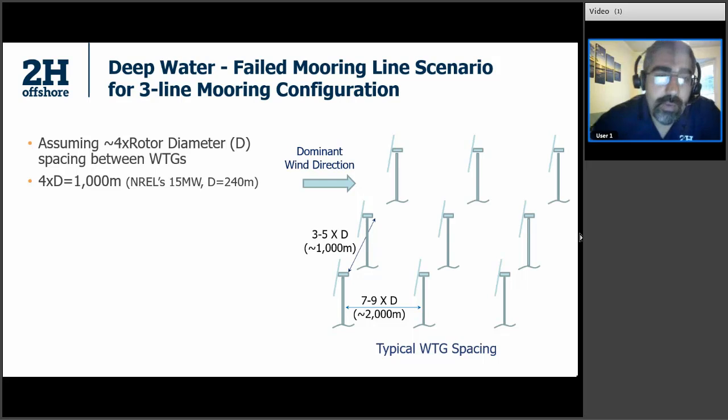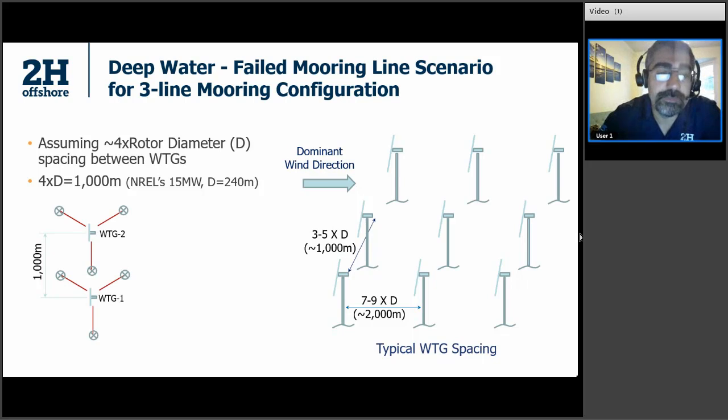For the 15 megawatt turbine, the NREL reference turbine has a rotor diameter of 240 meter, and assuming 4 times the rotor diameter, it is about 1000 meters spacing. We can expect about 1000 meters spacing between the nearest